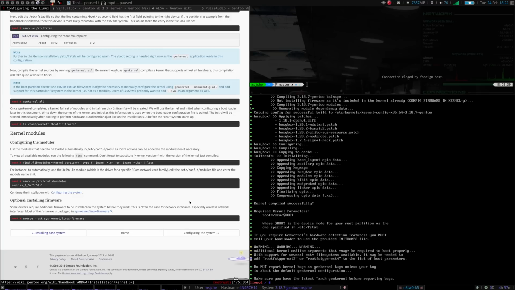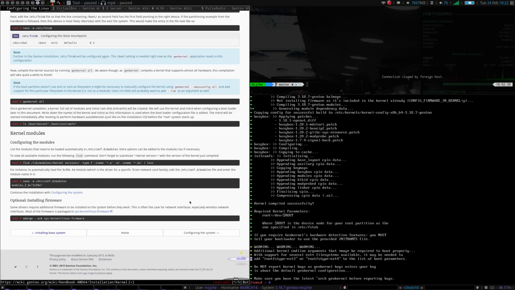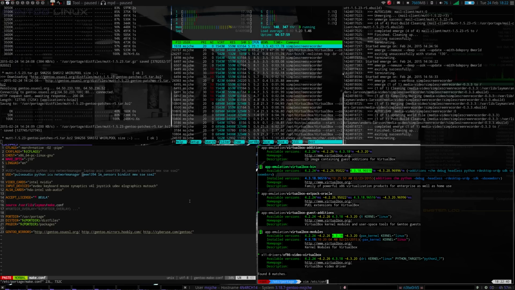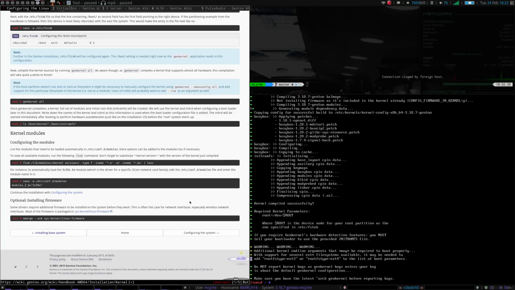So actually, I don't even know if I do. Let's take a look. Compd modules. Yeah, I don't have anything in here. I don't know, maybe I'll just put vbox drv in here, see if that loads next time. I've never really messed with that, so I usually just do modprobe and then it typically stays. We can do emerge